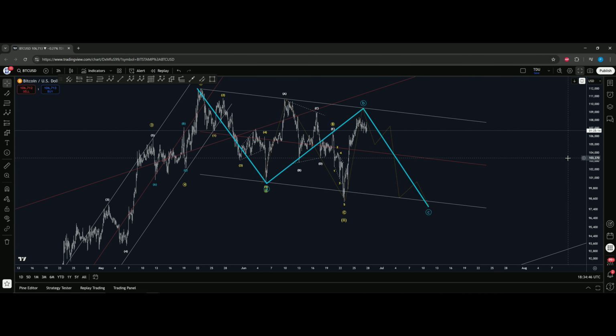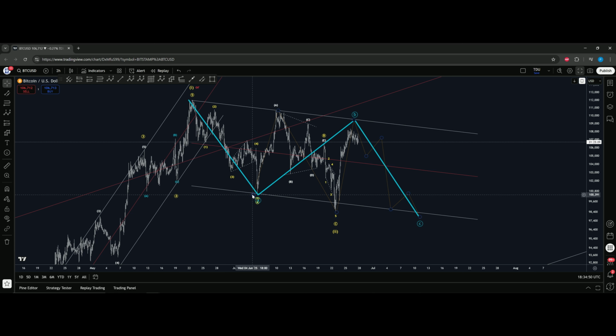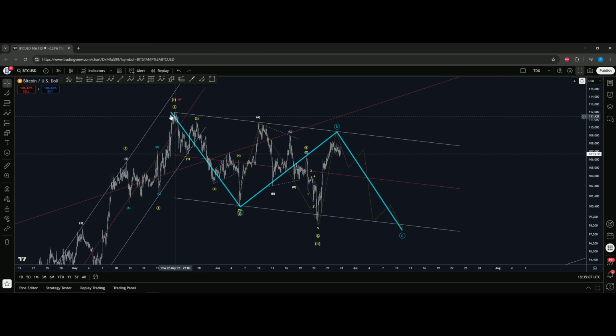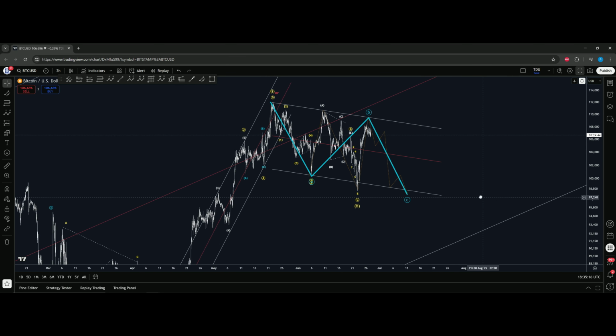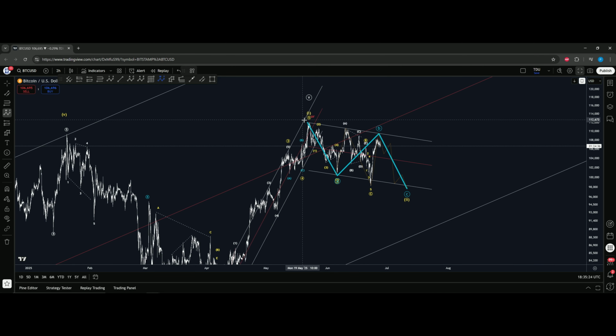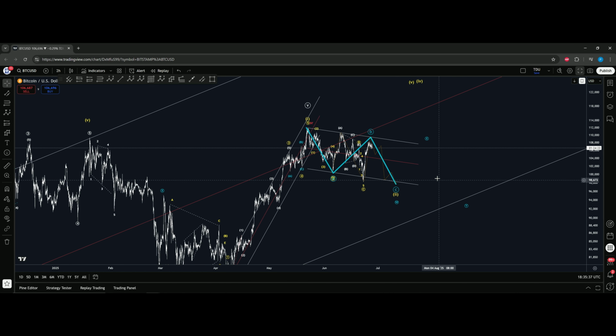Alternative would be that we had a 5, 1, 2, 3, 4, 5, and then a 3-wave move up, a 3-wave move down, zigzag, zigzag, and now we have a 1, 2, 3, 4, 5 impulse to finish this B. So 5, A, B, C, 3, 5, and that could give you a wave 2, or that could give you a W, and then an X, and then a Y, if we're looking for a longer time-consuming and price discovery action, meaning that this is the first zigzag, an inner wave X that is connecting two zigzags, and then another zigzag here.